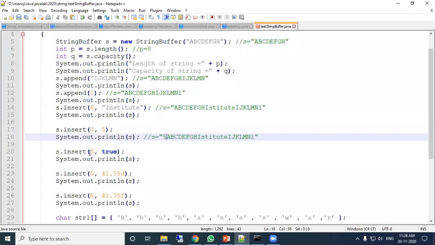Now at 3 position, it will insert true. Counting 0, 1, 2, 3, before that it inserts true.